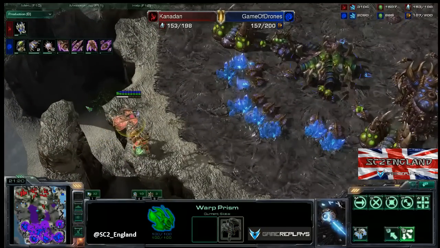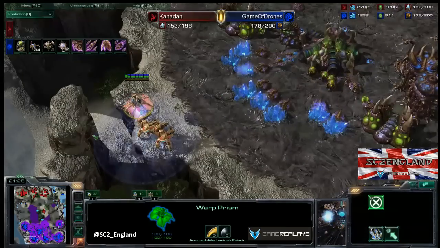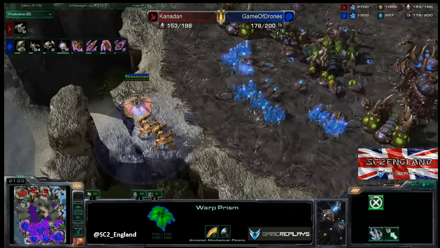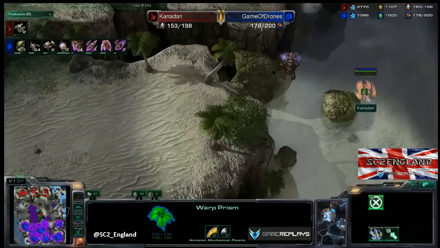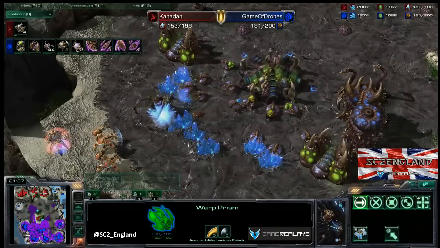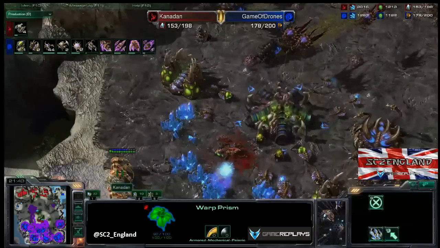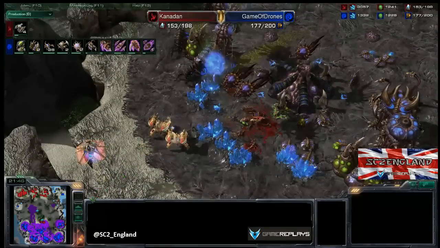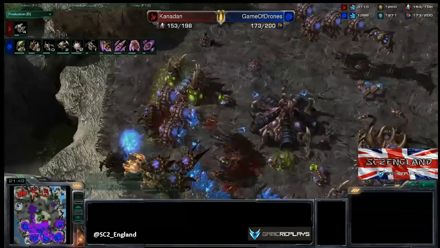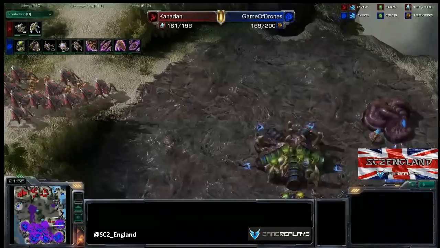Now here comes these 2 Immortals, and will TLO be able to deal with it? His army is way out of position. There are quite a few Broodlords there though. He wants to pull them back ideally, but he's more concerned with this War Prism, which is just a decoy. There is absolutely nothing in that War Prism at the moment, so it'd have to be a warp in. Meanwhile, these Immortals are the immediate threat, and here comes all of TLO's army, so they're going to get cleaned up so quickly. But of course, what that has allowed Kanadan to do is bring his main army in towards